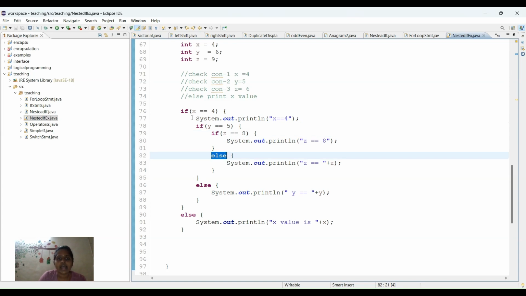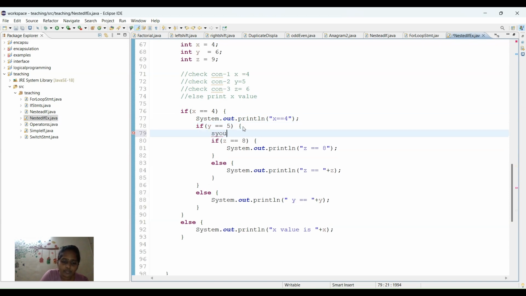If the x value is not equal to 4, then it goes to the else part and prints the x value we passed. If this condition is satisfied, it goes inside and prints the statement x equal to 4, and then checks another condition, y equal to 5. If this condition is satisfied, then we have to print,